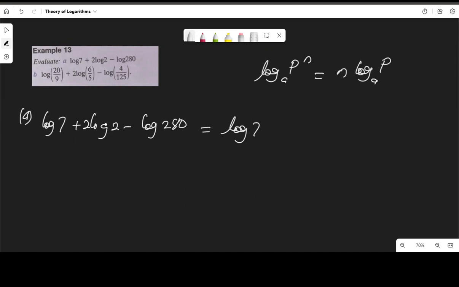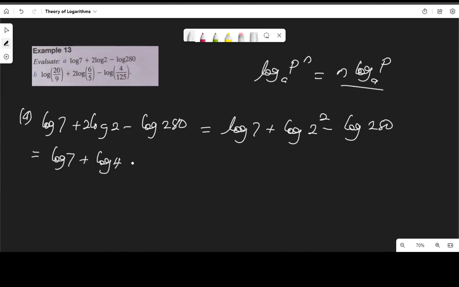So I have a term here that is in this form, and I want to turn it to this. I'll have plus log 2 to the power of 2 minus log 280. And that will give me log 7 plus log 4, since 2 to the power 2 is 4, minus log 280,